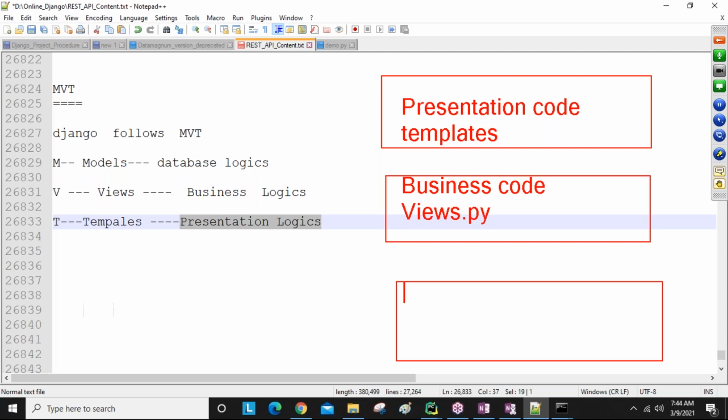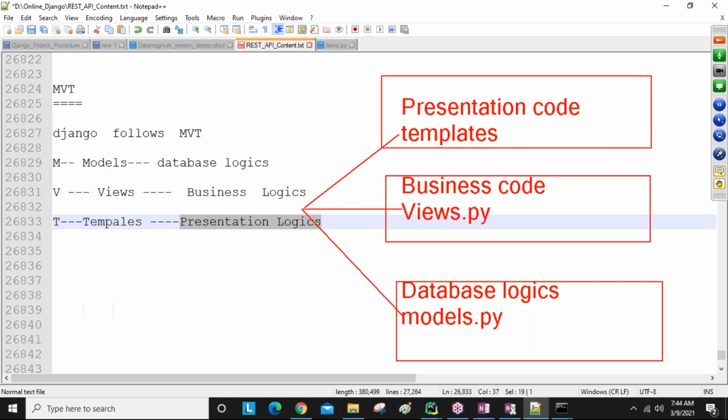Okay, next I want to write all the database logics, like which database I want to use, which tables I want to create. For this we are going to use what? Models.py. Clear, guys? So that is MVT architecture, guys. M and V and T. These three are the main major files. Later, all the remaining files are interconnected depending on the situation. Clear this one about the architecture?